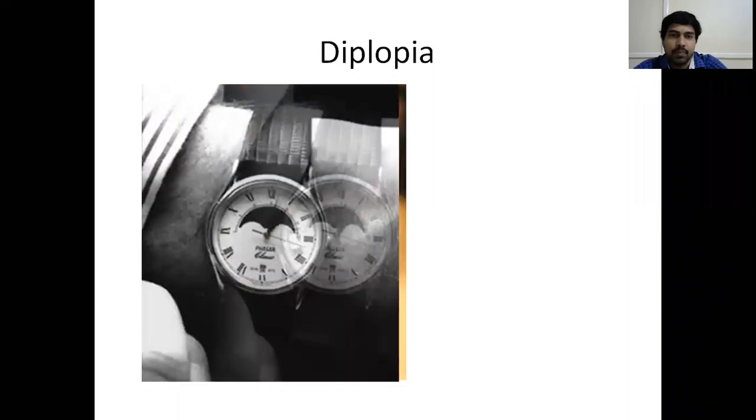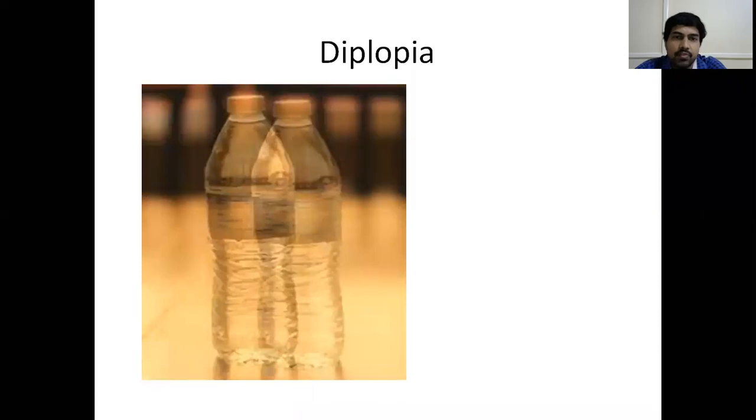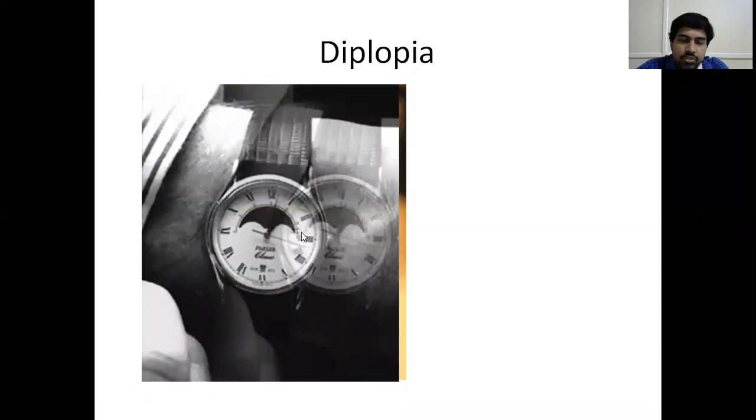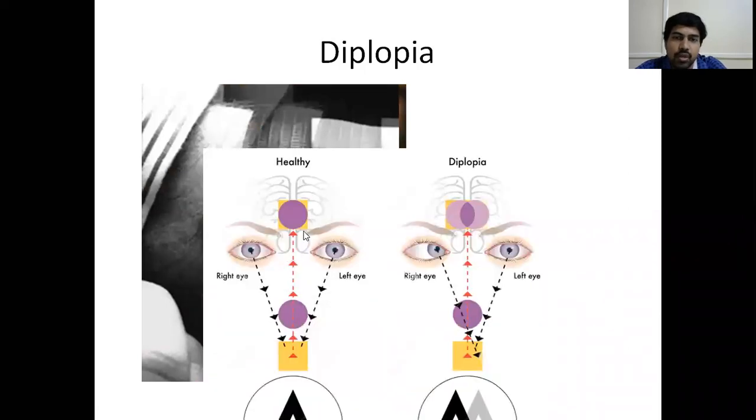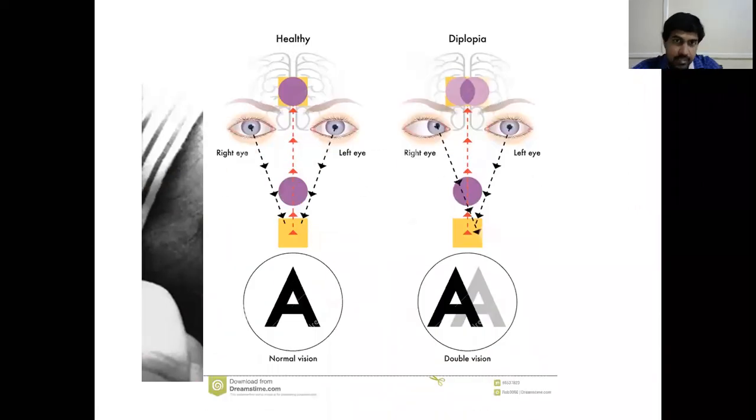So this is diplopia. Diplopia means double vision. Double vision means, see, there is one water bottle, and you are seeing it as two water bottles. Similarly, here one watch you are seeing as two watches. So this is known as diplopia. So why is this diplopia occurring? See, suppose there is an object here, this red one is an object. Both eyes are exactly on the fovea, this part is falling. That's why it is looking like a single object.